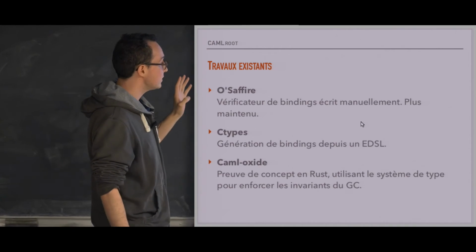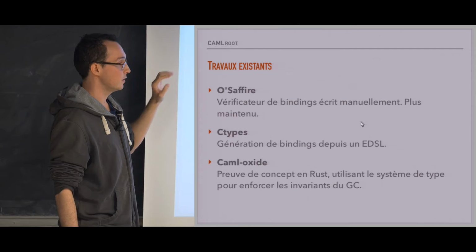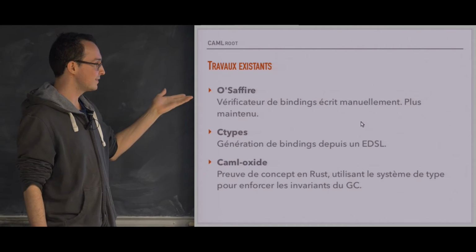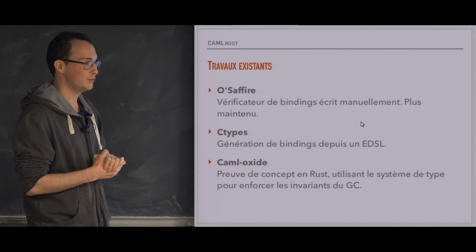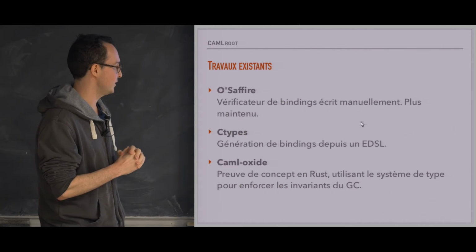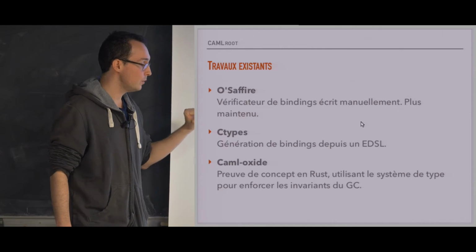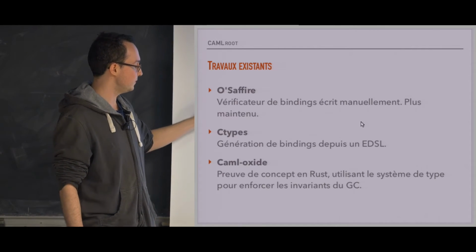Compared to the existing work, there is OSAFire, which is a bindings verifier. It worked well 10 years ago, but I have not been able to make it work with something more recent. There is C-types, which solves a slightly different problem. Here you write the